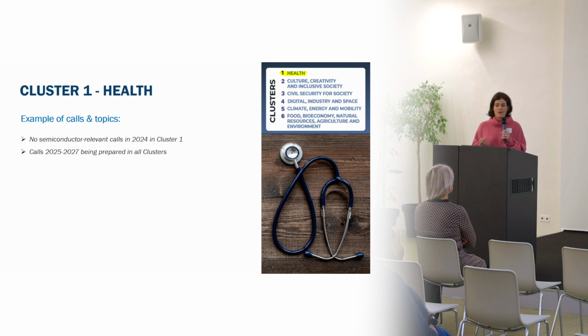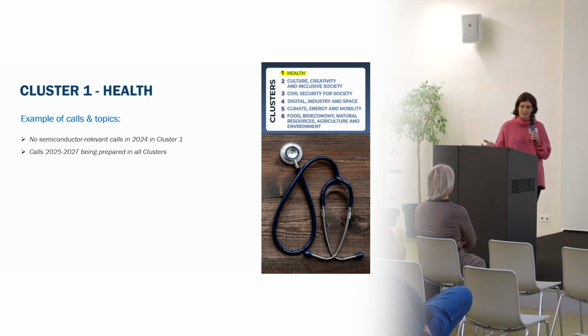For example, there was the topic about virtual twins for disease management, or if there is other relevance, then it is usually in the sense of, for example, gathering data from different specific sensors or wearable electronics or medical health applications in mobile phones and so on. As another comment, the calls for the next period, 2025 and 27, are being prepared. So keep in contact with national contact points, because they can inform you what will be prepared from the